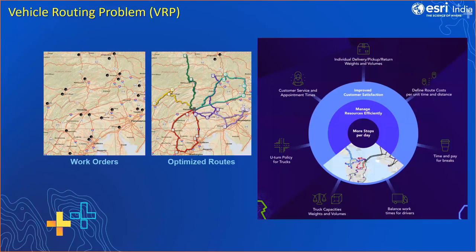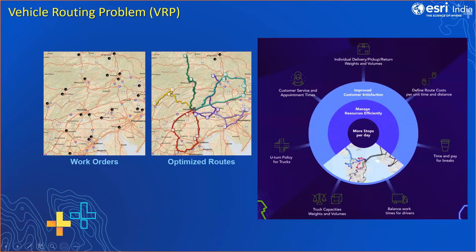In such scenarios, it is absolutely essential to plan your routing. You need to identify where your orders are, how many delivery personnel you should use, and what capacity they can carry. And in this analysis, we can also add other policies like U-turn policies. We can allot time for your employee breaks so that they also have a balanced work time as they are continuously delivering packages. So a vehicle routing problem helps you to manage these resources efficiently so you can deliver to more customers and also improve customer satisfaction.